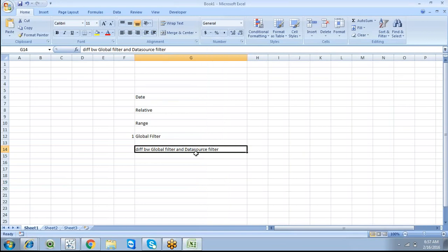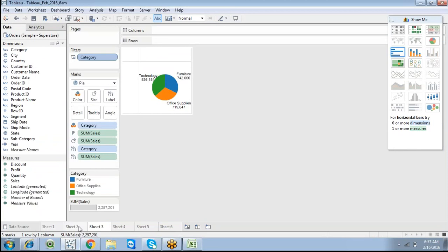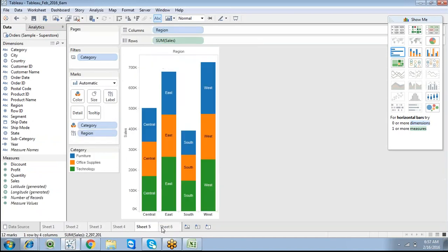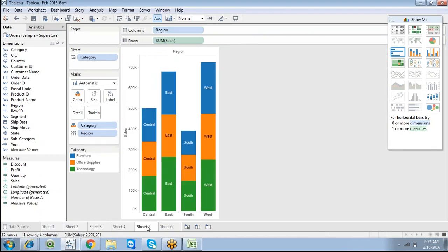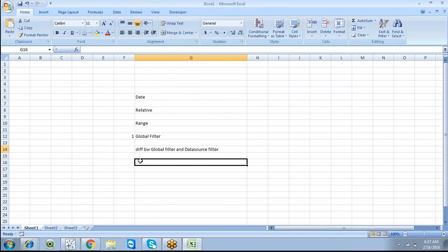A data source filter is where you filter out unwanted data in the backend. It is not going to reflect at the Tableau sheet level, so if you want to restrict unwanted data, you can straight away use a data source filter. A global filter is similar, where we take that particular dimension and restrict the data, but if you want to apply it to only one sheet or some of the sheets, you can go with apply to worksheets. That is the simple differentiation between a global filter and a data source filter.